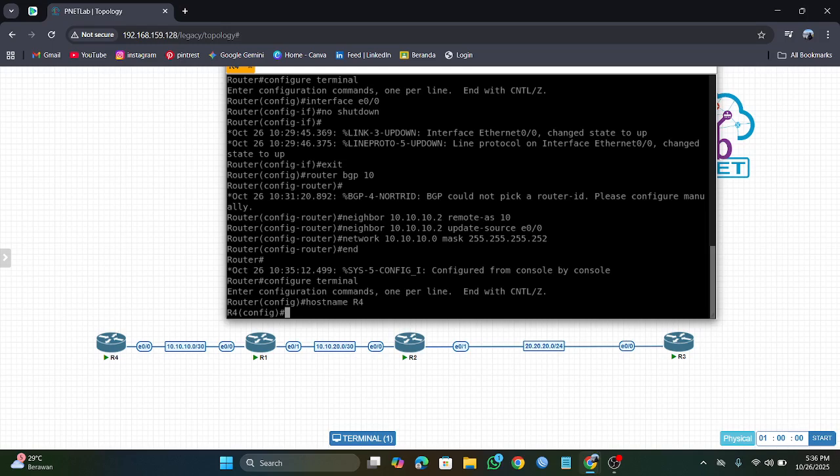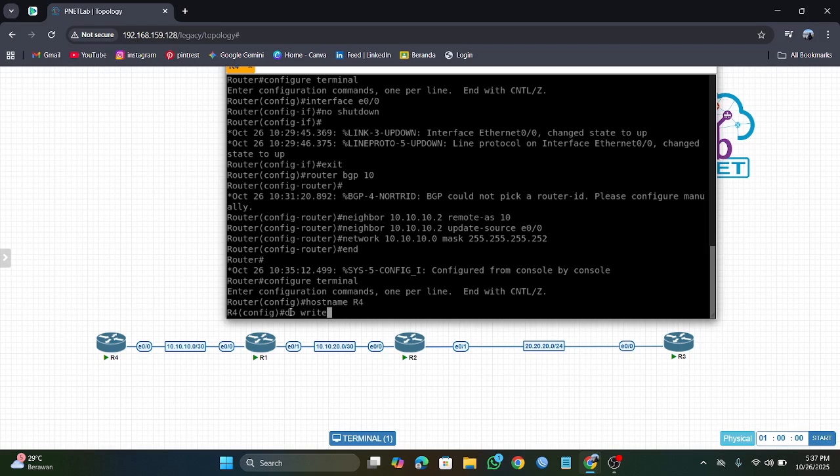You type do write. After you have finished setting it up, you must save it manually, because in Cisco the configuration must be saved manually, not automatically like in MikroTik.